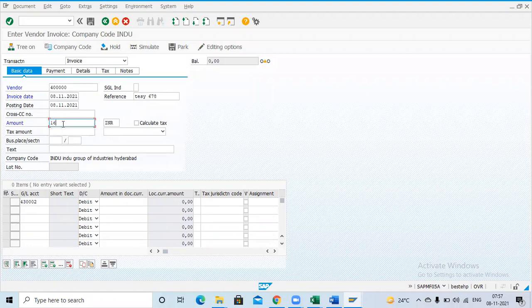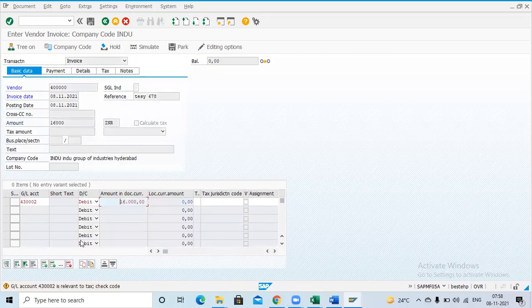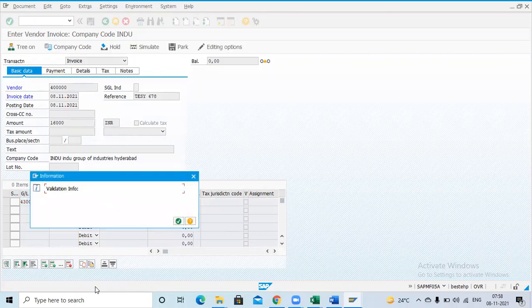I'm giving 16,000. You have to take this GL only. Okay. So already I told you, the combination of Indu with this GL only, the validation will work. In case you take another GL, the validation will not work. Okay. I'm just pressing enter. So the GL is relevant to tax. Okay. I'm pressing enter.